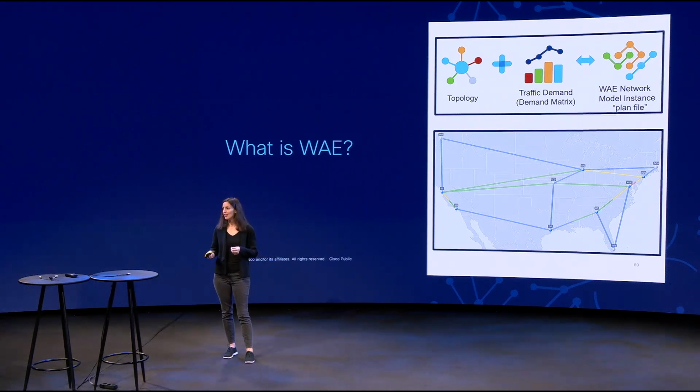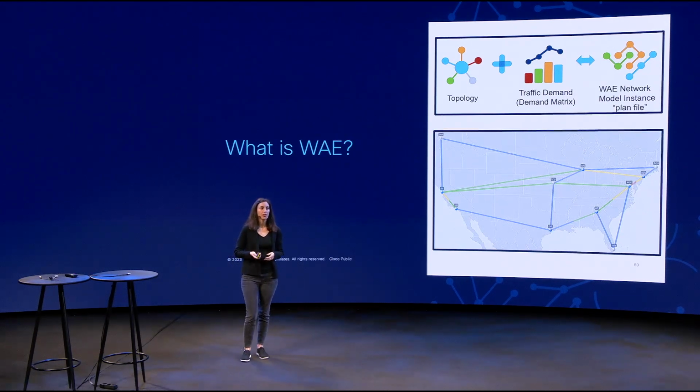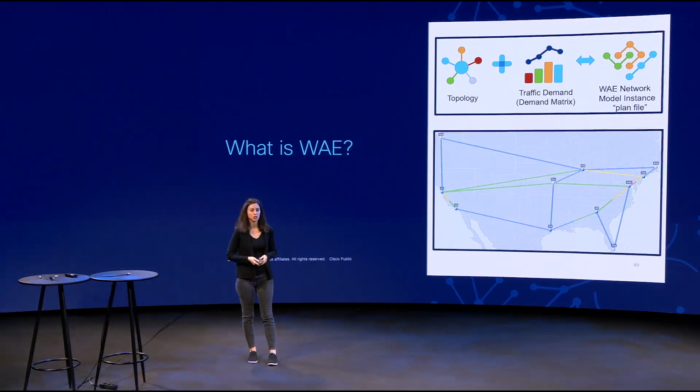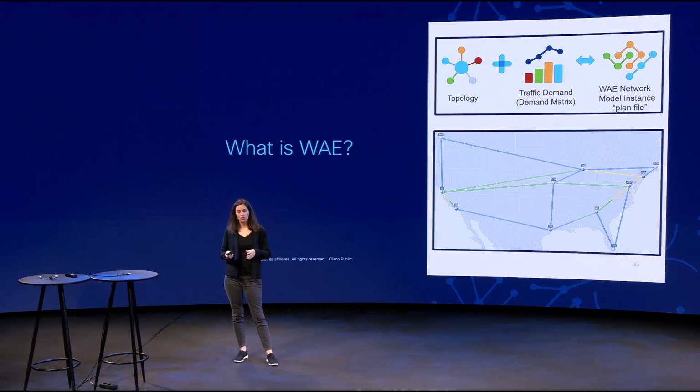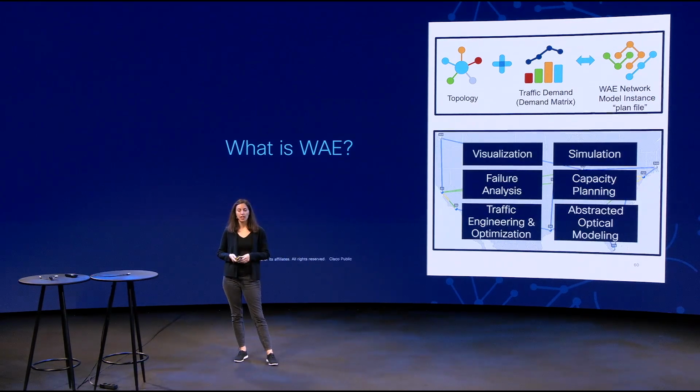And of course, a key ingredient to it is what we call traffic demands. So these represent the end-to-end traffic flows. So we need to see what that is in order to then be able to simulate how traffic would reroute under different scenarios. So then at the bottom, you see a visualization of a topology and